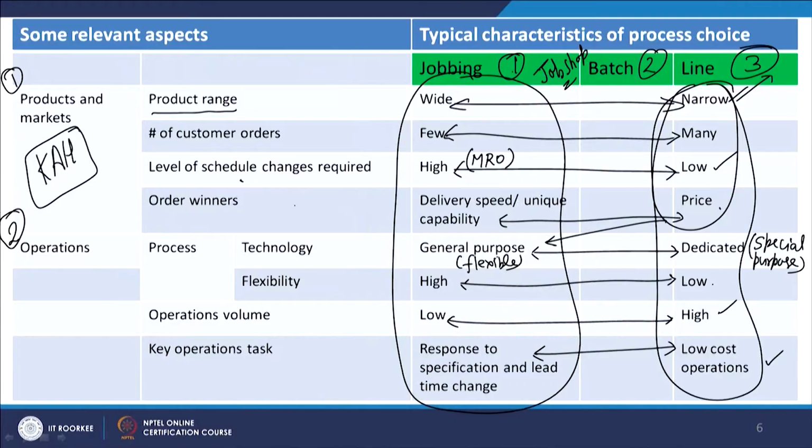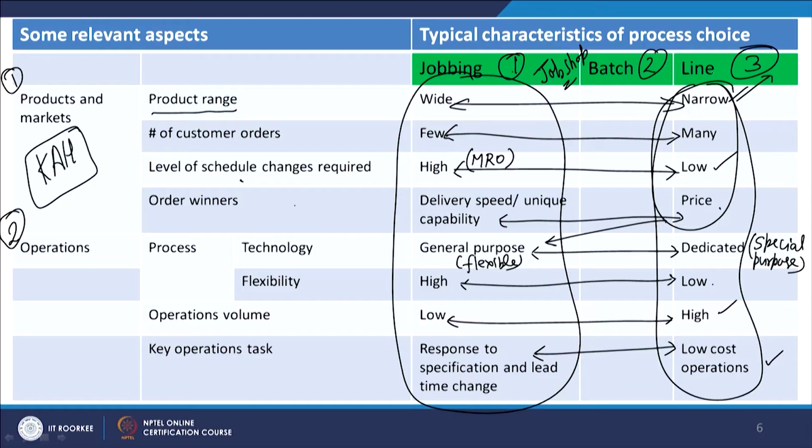Both these things will not be possible. So, with this type of product profiling, if your investments are in general purpose machines, it is going to lose the order, it is going to lose the advantage, you cannot take advantage of the manufacturing facility. So, here it is important that if you are serving this type of market, this is my wrong choice, and a dedicated machine, where I am using a special purpose machine for producing this type of narrow product line, is the appropriate choice, the appropriate infrastructure investment.